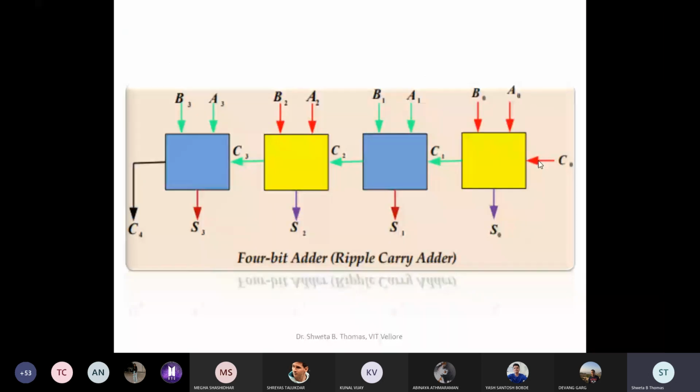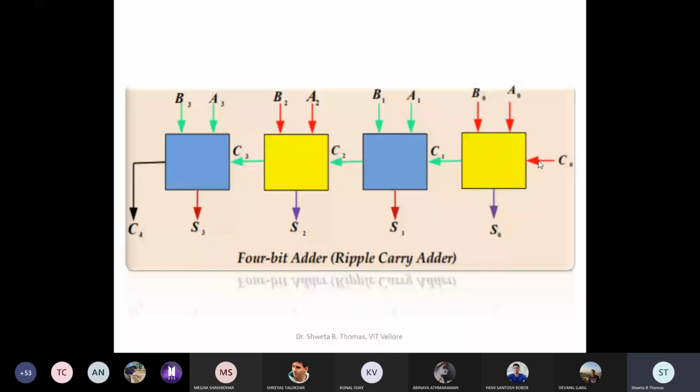The 4-bit binary parallel adder, or ripple carry adder. Why do we say ripple carry? Because we are carry forwarding the carry from the previous side. Here we have the 4-bit binary numbers A and B, where, writing from the least significant bit, it will be A0, A1, A2, A3, then B0, B1, B2, B3. These two binary numbers have equal length of 4 bits.